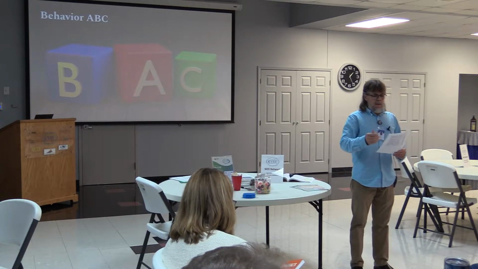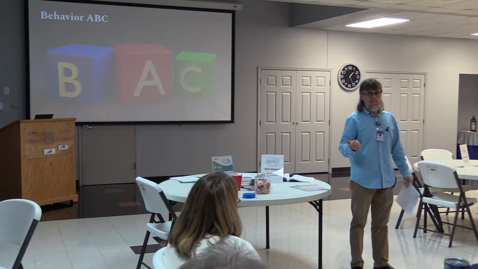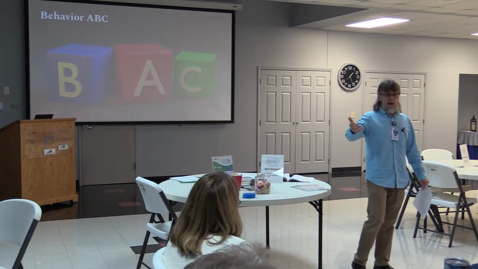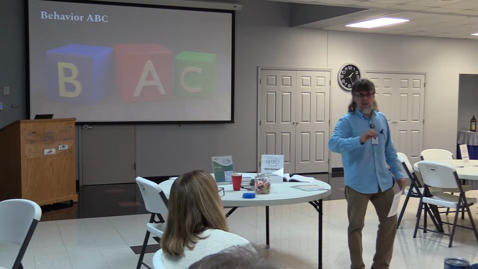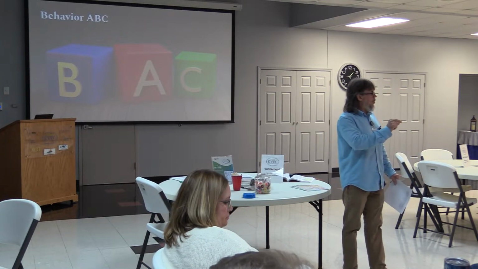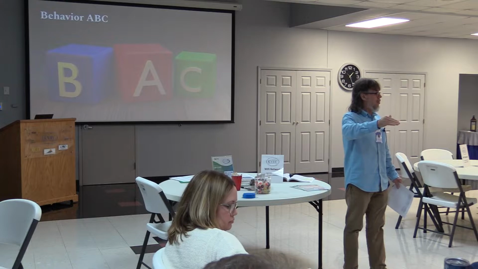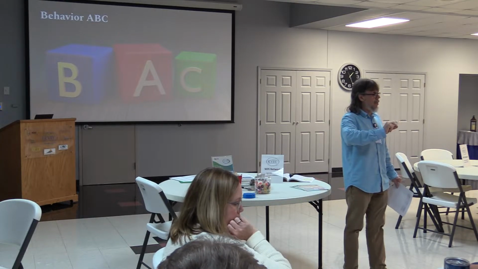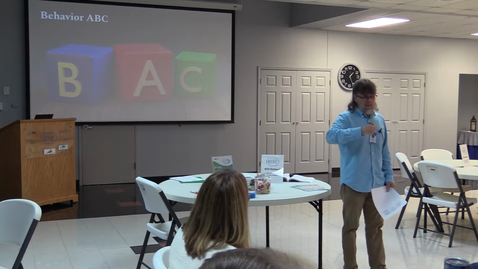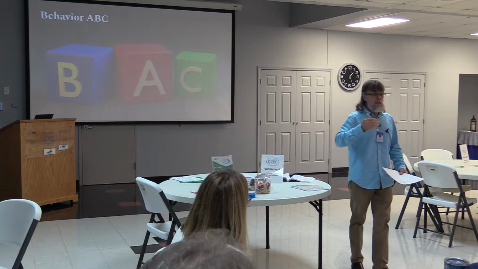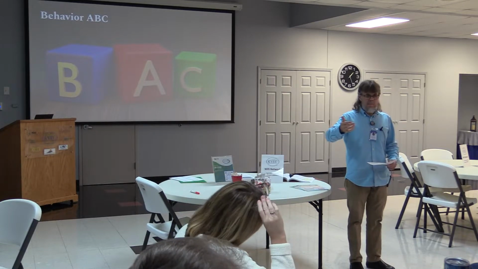Okay, so Sarah hits a peer. Is that an antecedent? Is that a behavior, or is that a consequence? It's a behavior. Can we all agree on what a hit looks like? Yeah. And now when you're doing these and we look at these forms that have behavior of concern, you want to define that behavior of concern to the point that anybody could walk in that classroom and tell exactly what that behavior is. That's why we don't say they were angry, and I don't say she was being aggressive. If Sarah hits a peer, you say hit, striking them with a fist or open hand or whatever. What is a specific, measurable, observable, objective definition of that behavior? All right, so that is a behavior.